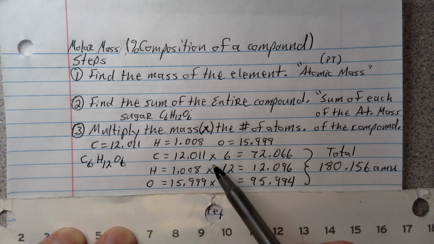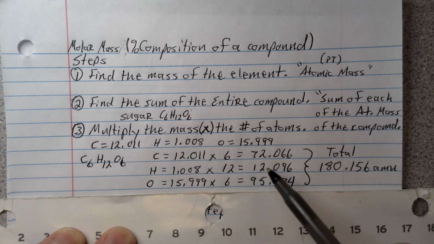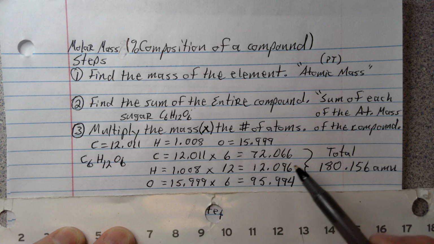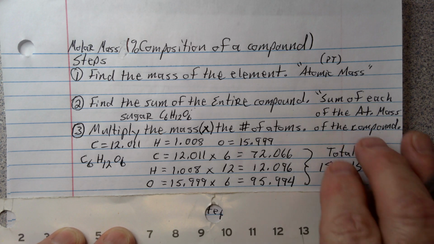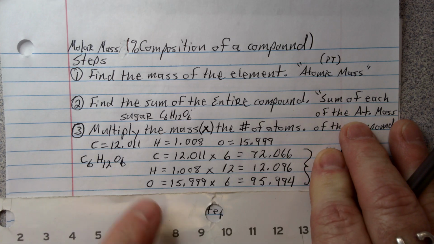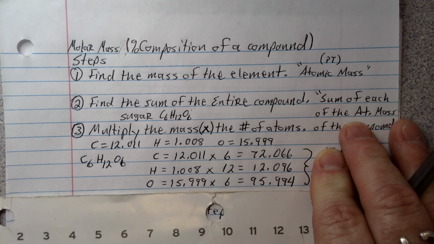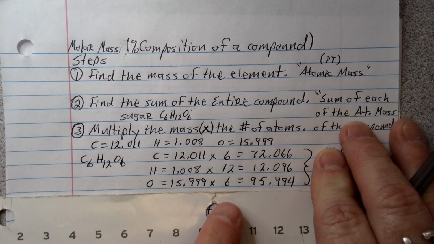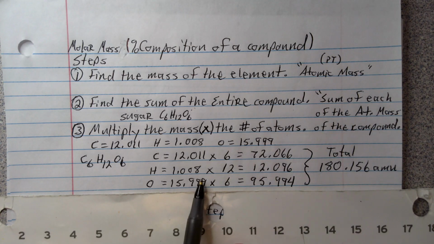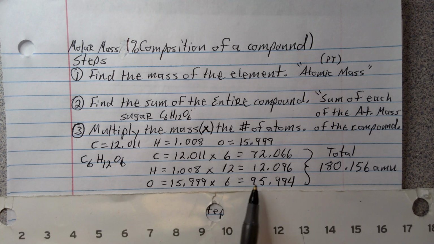We see carbon. There are 6 of them, so we're going to multiply times 6 and get 72.066. The next thing we'll do is multiply the hydrogen, which is 1.008 times 12, and we're going to end up with 12.096. That allows us to see the full mass of hydrogen in that molecule of sugar. And then oxygen is going to be multiplied times 6. So the hydrogen is multiplied by 12, the oxygen is multiplied by 6. We end up with these numbers here of